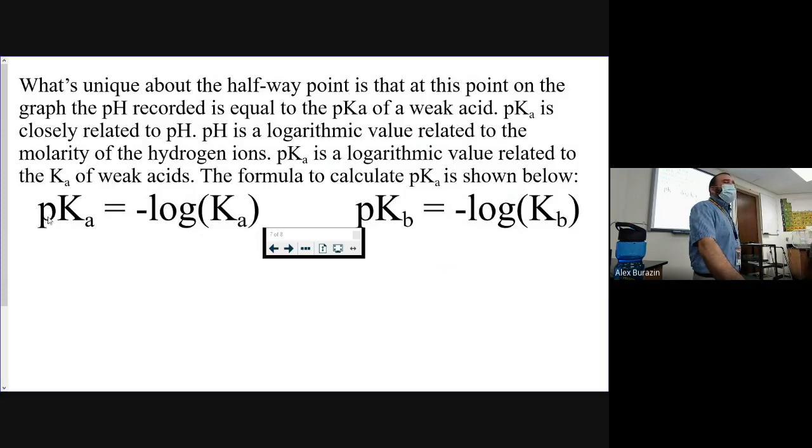Anything with a little lowercase p is the logarithmic power scale of that stuff, right? So when I have pH, it's the potential or power of hydrogen ions. When I have pOH, it's the potential or power of hydroxide ions. If I have pKa, it's the same thing. Okay? It's just that we're putting our K values into a logarithmic scale. So here's what this does. At the halfway point,